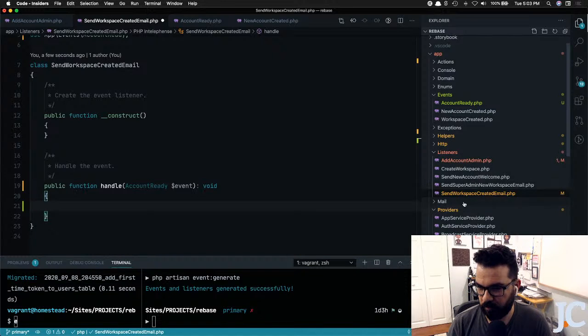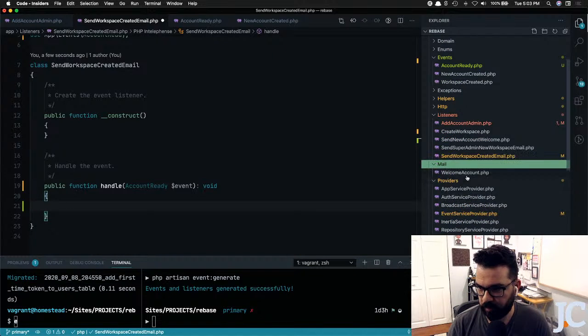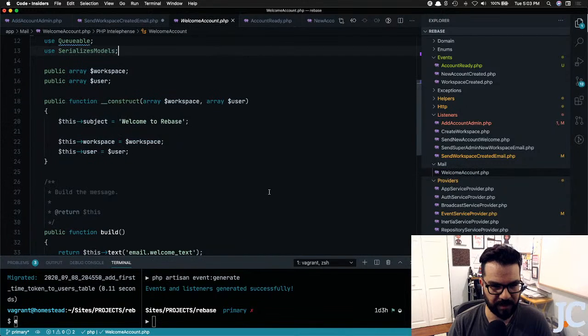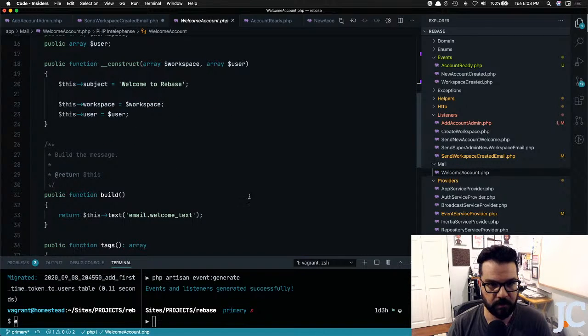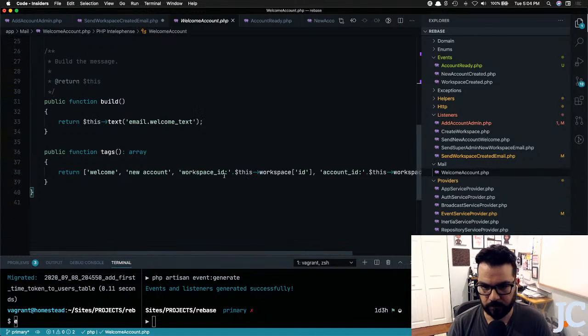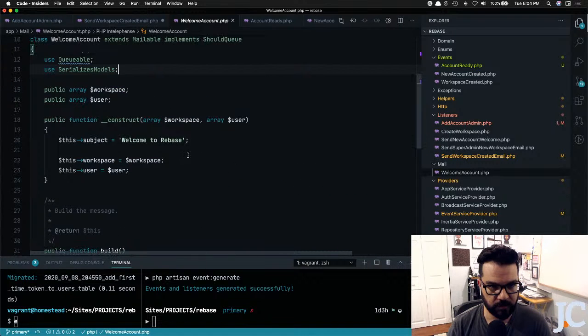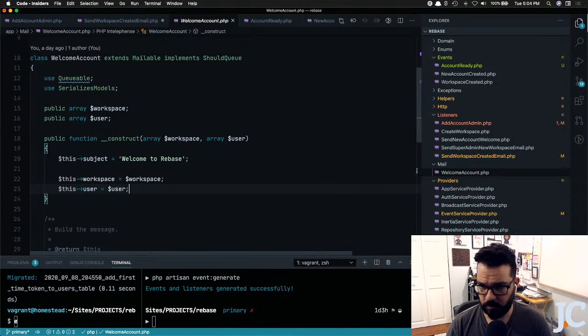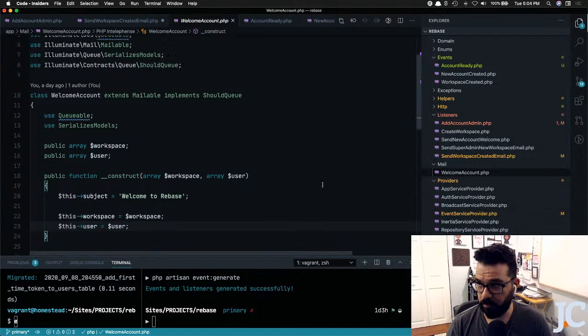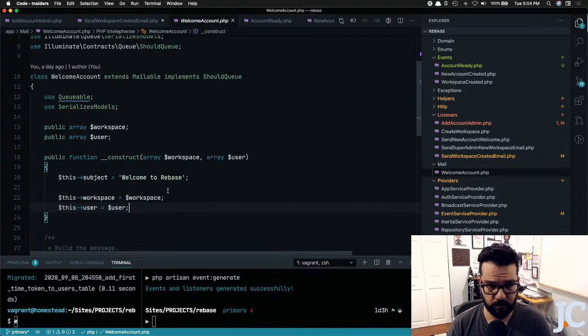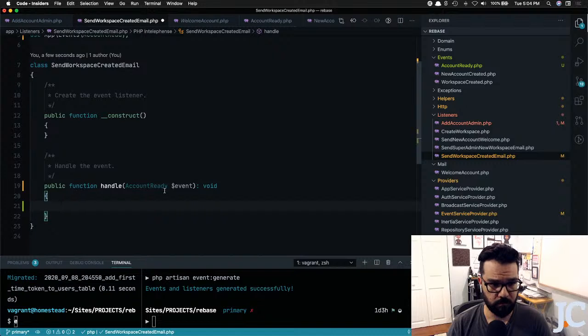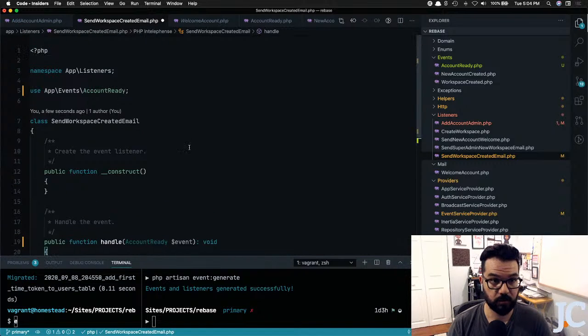And mail. How do I do mail? Now I gotta remember that. If I remember correctly, it should be, well, this is the welcome account email. So I think I should just be able to set. I've already got this thing set up, so it's already taking the user and the workspace, the whole thing. All right. Handle. Oh, this one should. This should definitely queue